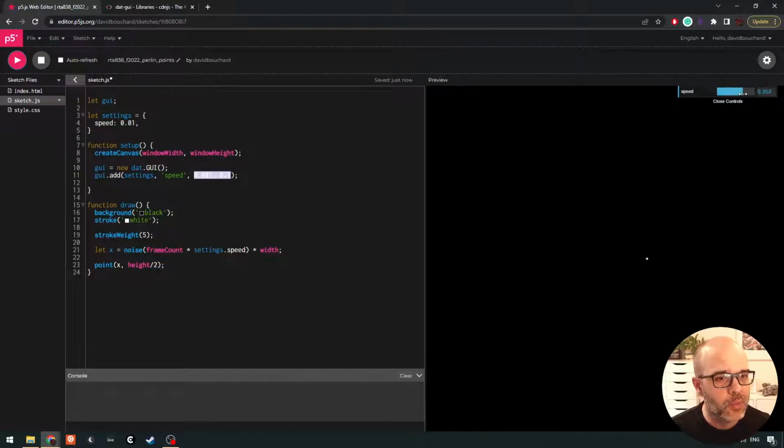So now I can make this point go rather quick or rather slow. If I make this a really small number, this is now the slowest end of my range. Awesome. So what we're doing, to recap here, is we're using Perlin Noise to set the x coordinate of a